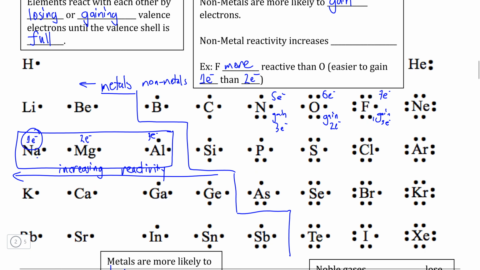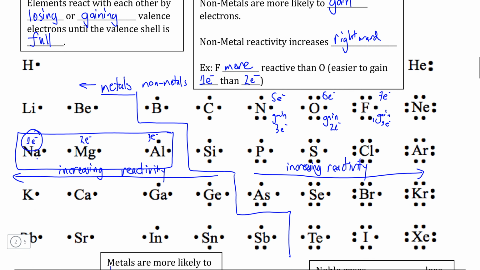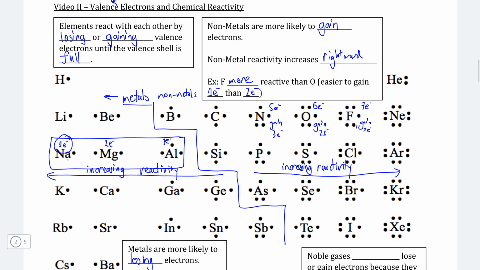So likewise, with the metal side of the periodic table, we can create an arrow here that indicates increasing reactivity for the non-metal side, only we can see that based on valence electrons, non-metal reactivity actually increases rightward along the periodic table, as this indicates which element needs to gain a smaller number of valence electrons than other nonmetals within its period. Now, there is actually one exception to this trend, and we can make a modification to the arrow